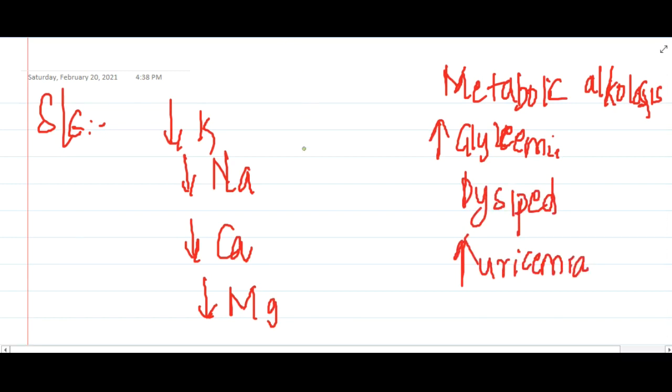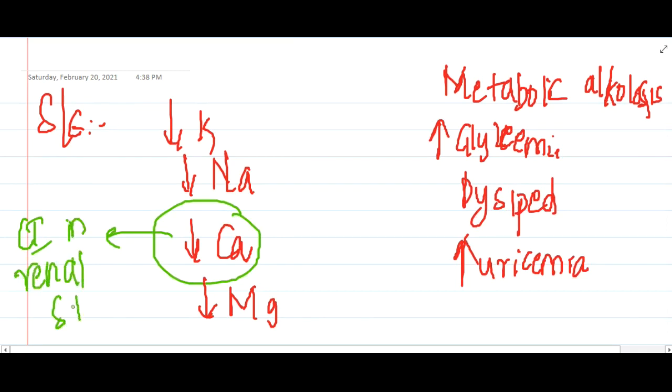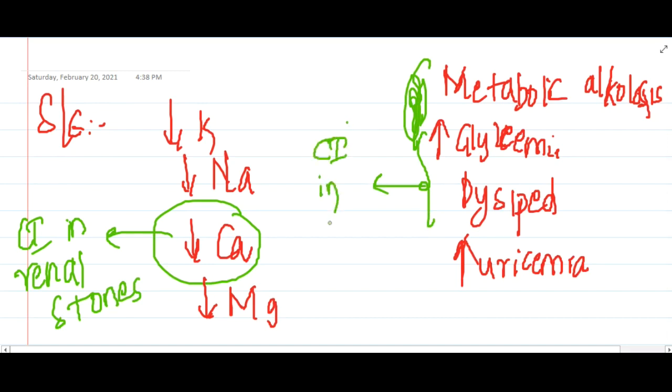So what about the contraindications? Because it causes loss of calcium in urine, this is contraindicated in renal stones. So as a result, this will again predispose to renal stones. In metabolic alkalosis, because of this hyperglycemia and dyslipidemia, these loop diuretics are contraindicated in diabetes mellitus. But one thing, they are not contraindicated, actually not preferred, but you can use them, especially if there is